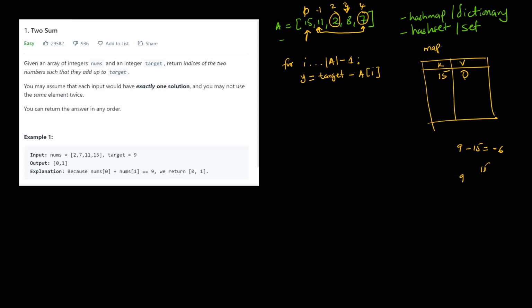11, 9 minus 11, what do you get? You get negative 2. Okay, we look for negative 2 in this dictionary, we can't find it, we keep going, but before we go, we add it in the dictionary. So 11 is at 1, then we go to